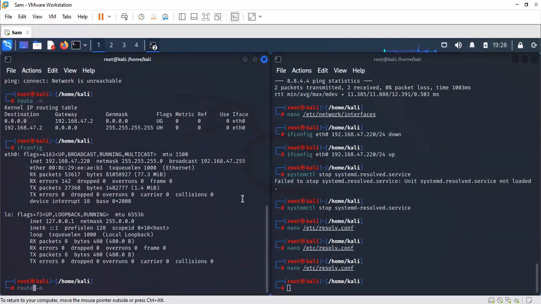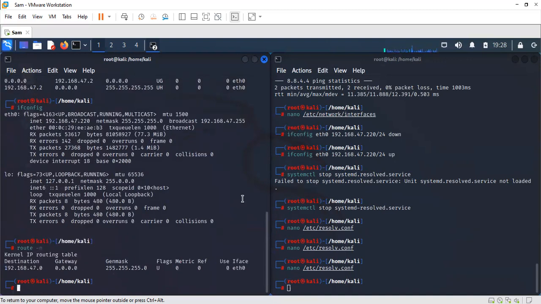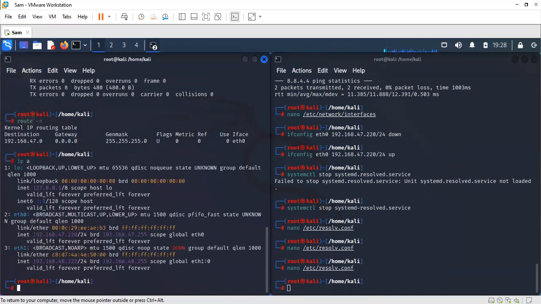So route space dash n, you can see the gateway for the interface 0. In order to check the dummy virtual interface that we added, ip a, you can see that the dummy interface is still visible, still available,